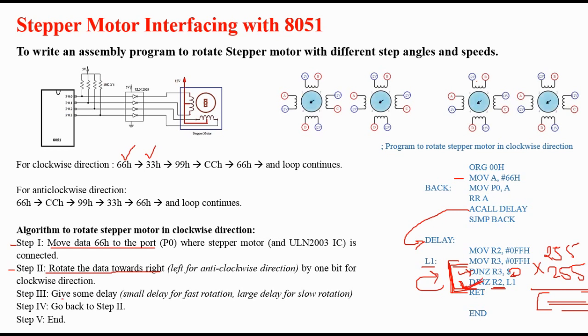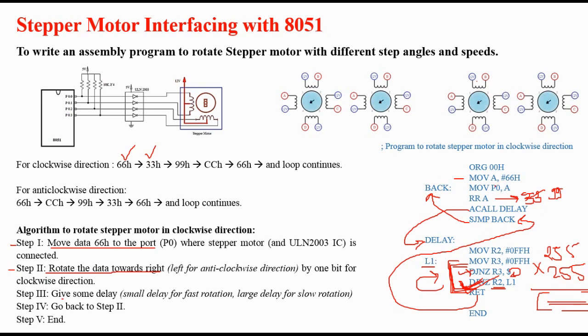At the end of this instruction there is the instruction RET written below it, which returns to the next instruction from where it was called. So the pointer will jump back. Again move P0 comma A. Here RRA means it was 66, it was 33 previously, so 33 will get moved into port P0. Fine, rotate right accumulator, A called delay, so 33 will become 99. So after some delay the pointer will come over here.